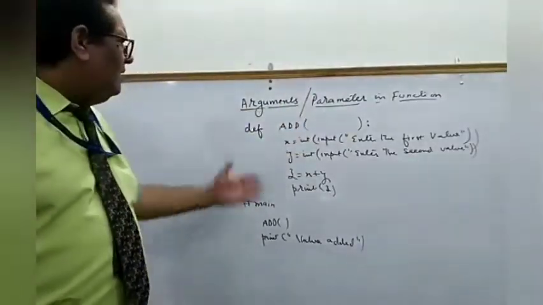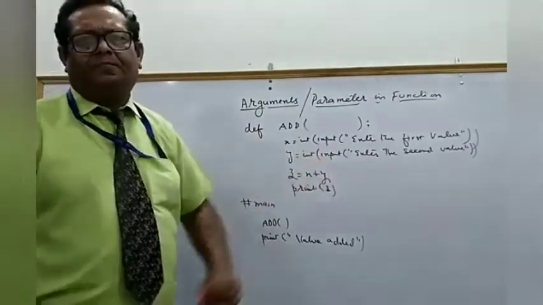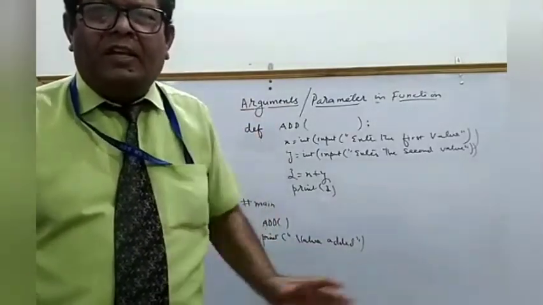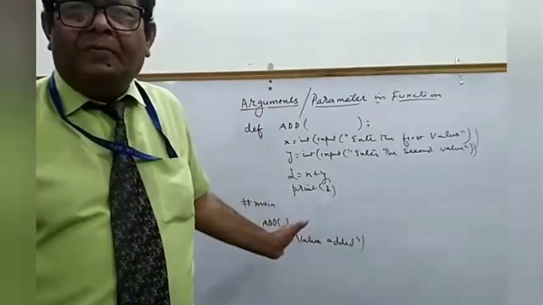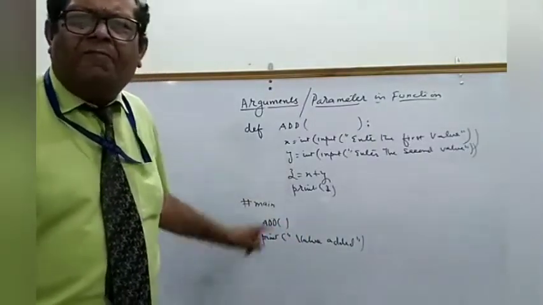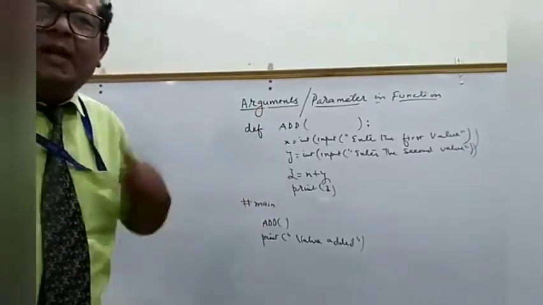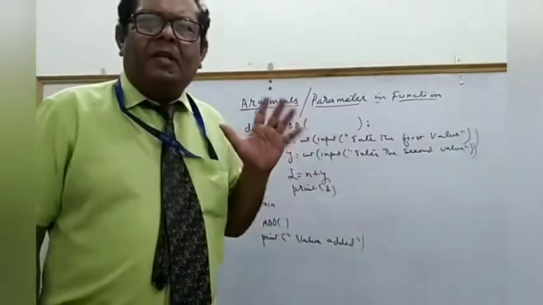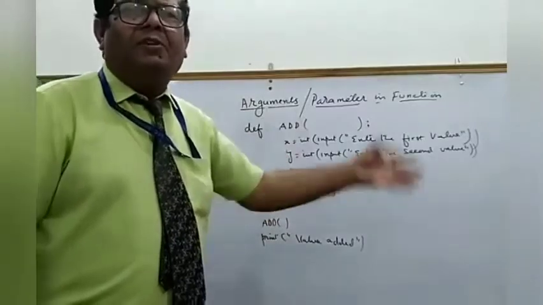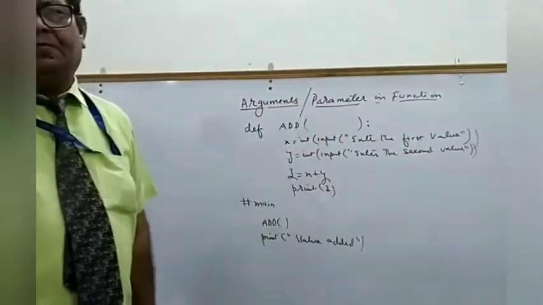In this case, what will happen? The function add will take the values of x and y from the user, add them and give the result. Now things should be noted, children. A very important point to note in the case of a non-argumented function is that the function main is calling the function add to perform the addition, but main is not giving the values that are to be added by add. Instead, the function add itself takes the values on its own and adds them. So this is a non-argumented function.